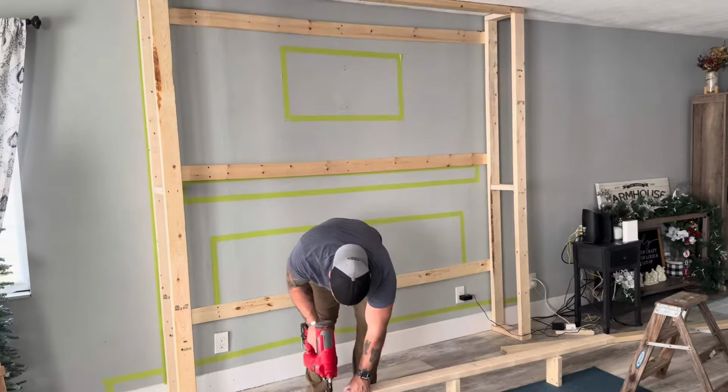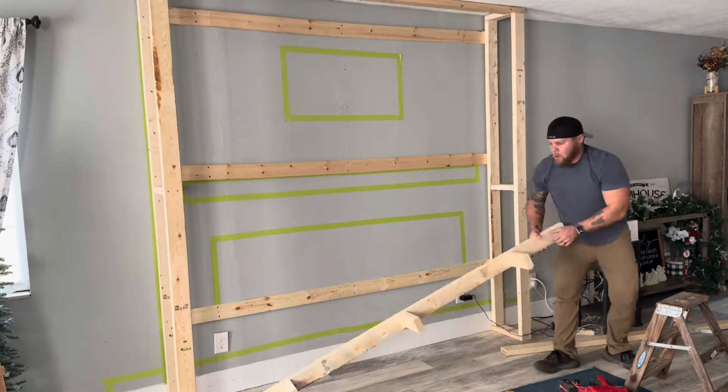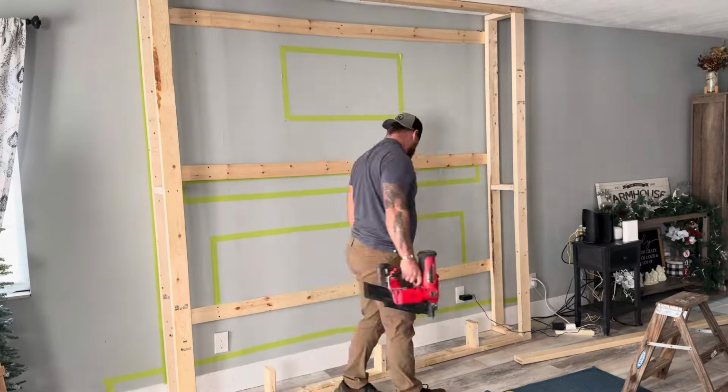And I end up having to use this ratchet strap because good old Lowe's lumber is not always straight, even though I thought I looked at all that pretty well. Now I'm kind of building the face of the